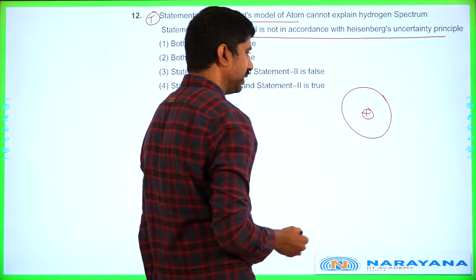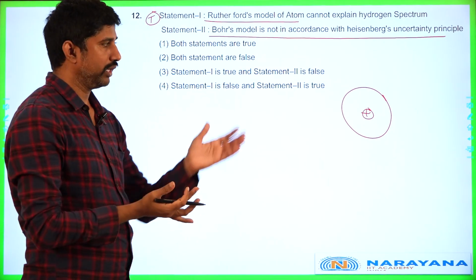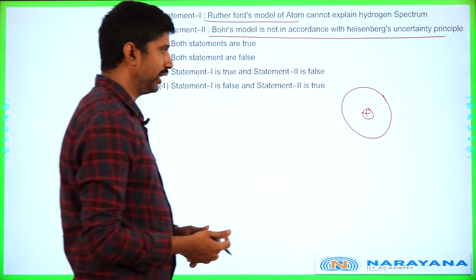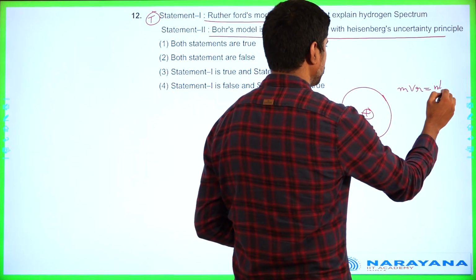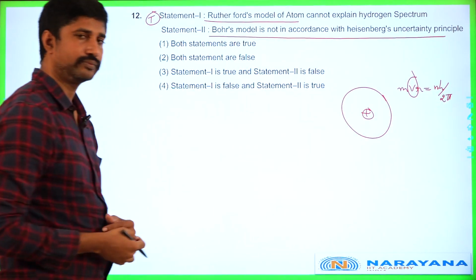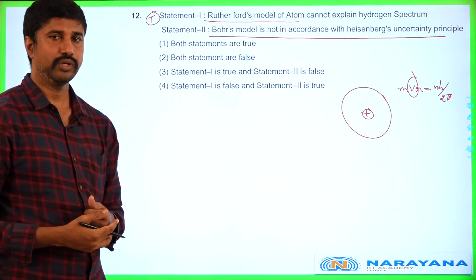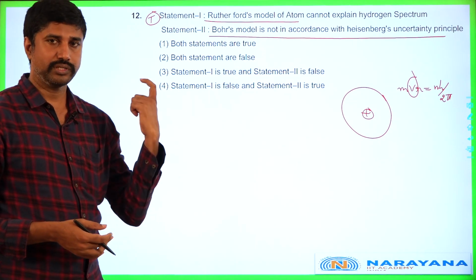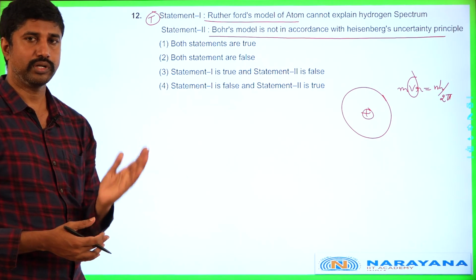If it is so, somewhere we can identify the exact position of the electron, and with the help of angular momentum mvr equal to nh by 2 pi, we can find the velocity of the electron also. So if you can find velocity, momentum also we can find. Momentum of the electron can be measured exactly, and position also can be depicted, if Bohr's atomic model is exactly